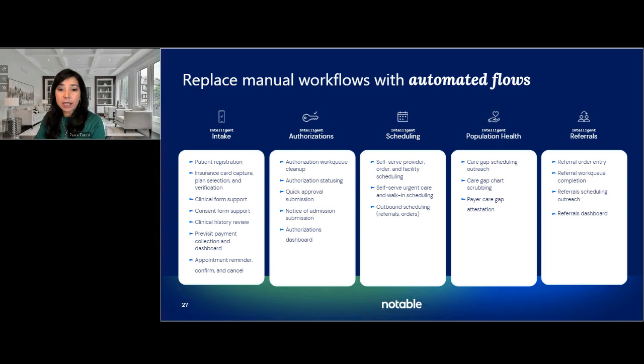And areas that you can improve, we're talking about the intake process. So getting all of the patient registration, the insurance card, capturing that information, automatically uploading into the system, and removing that human element that really makes errors as they are typing this information will be very beneficial. The other thing is capturing clinical information, so allergies for the patient, things that they can enter into their mobile device or online, and all of that actually being translated into the EHR or PM